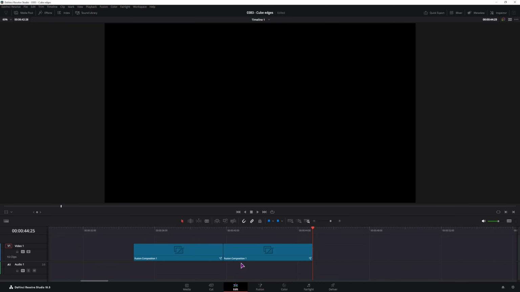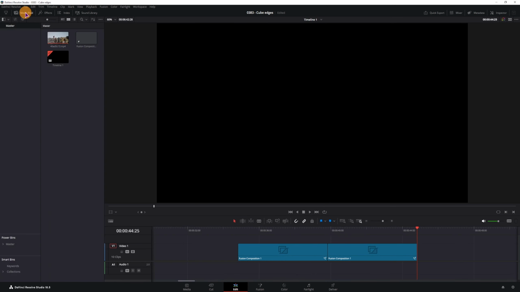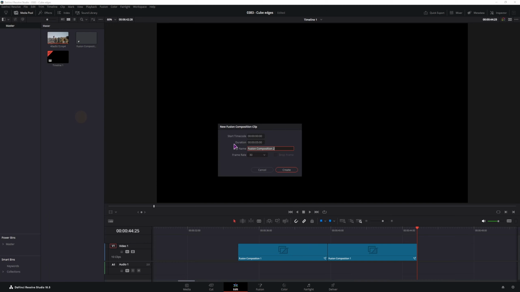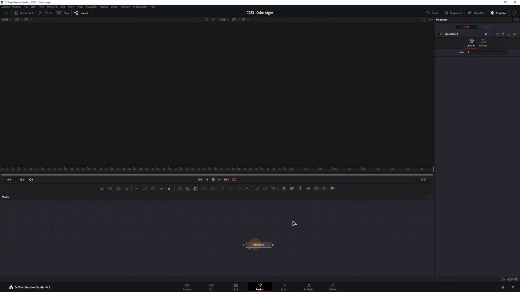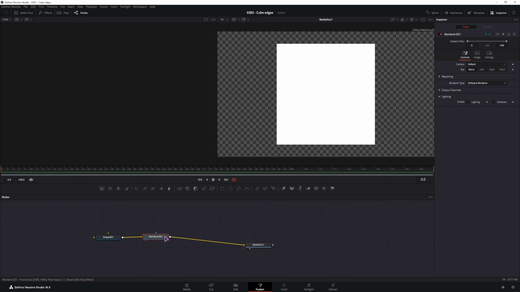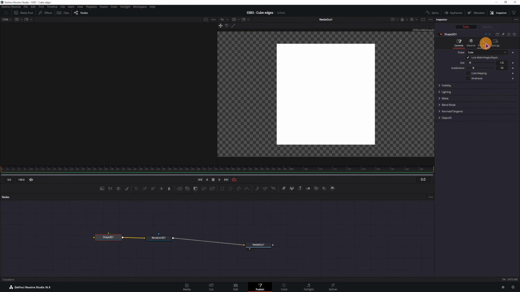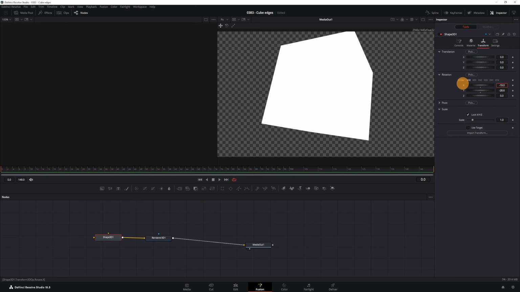Now let's get digital. So I'll make a new Fusion composition, go to the media pool, right click, make a new Fusion composition, put it onto a timeline, select it and go into the Fusion page. Now the first result you get if you use the 3D composition, so Shape 3D, change the shape to a cube, we need to render this out, connect it to the media out, in the render node, we'll select this to be hardware, we also have to spin this around a little bit, so transform and change the rotation